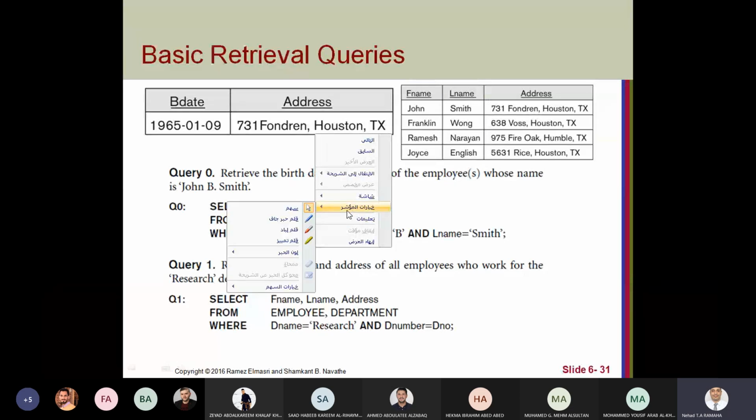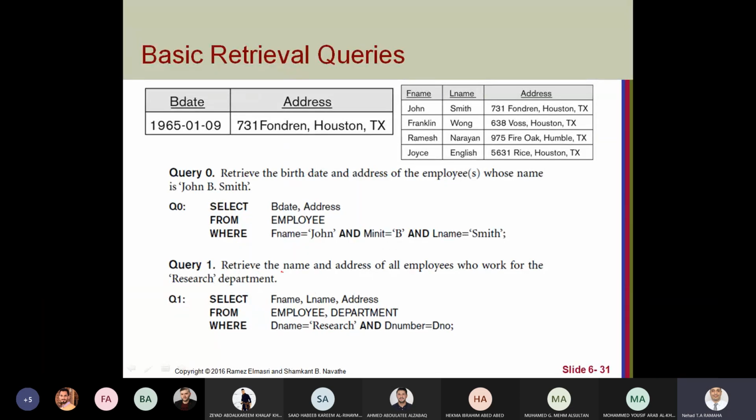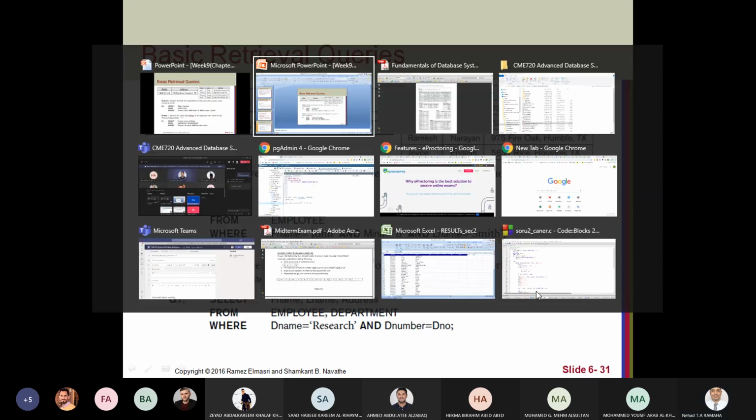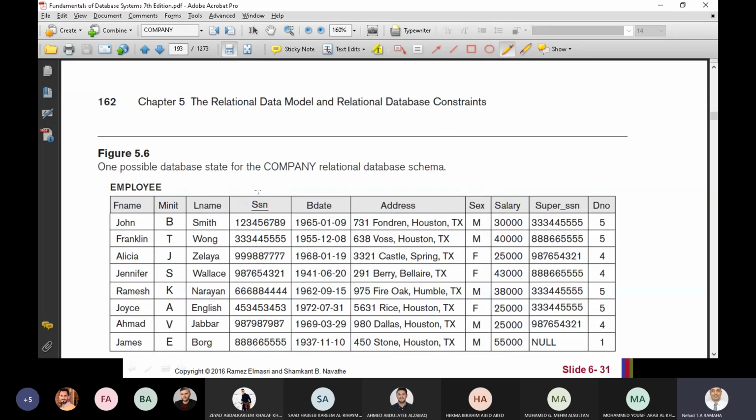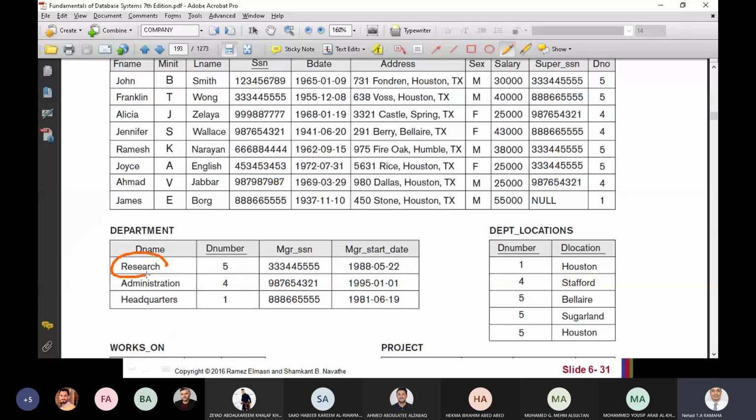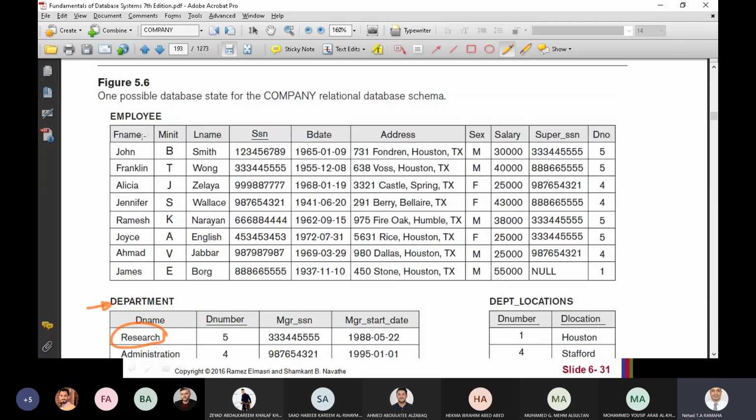Here: retrieve the name and address from employee of all employees who work for the research department. As you can see here, we have the research department, so it's where in the department, and we need the names.